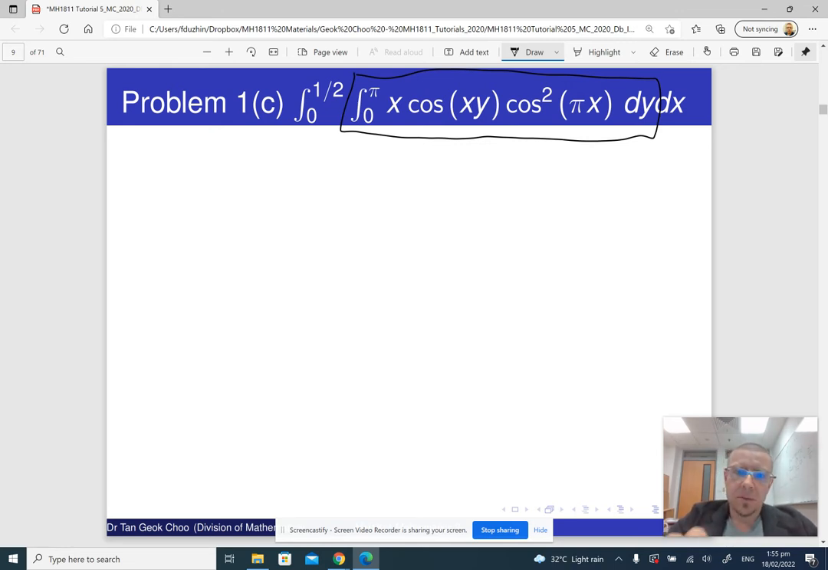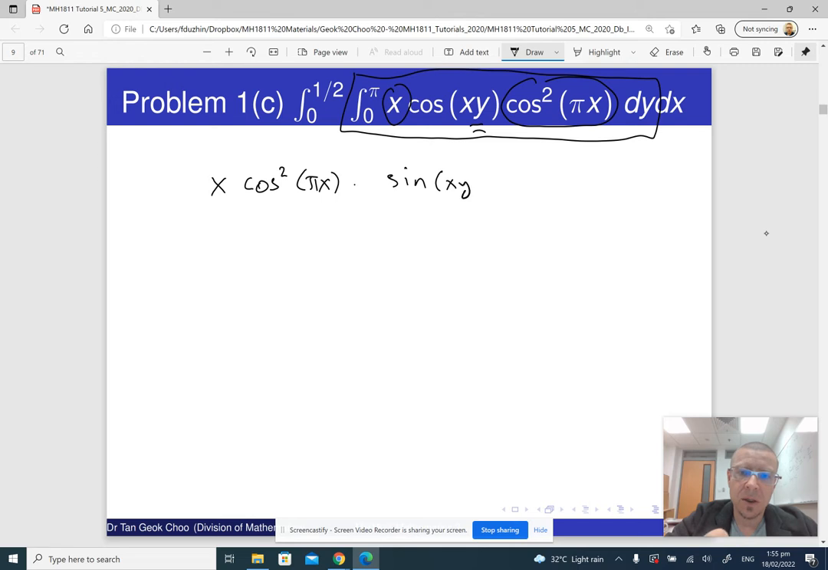Now, the first thing is to find the antiderivative of the given expression with respect to y. So y is only present here. So x and cosine square of pi x are just constants with respect to y, so we can just copy them. x times cosine square of pi x times. Now the antiderivative of cosine is sine